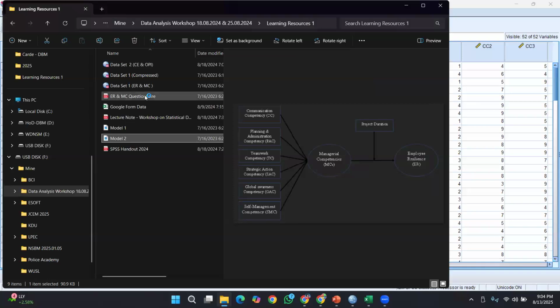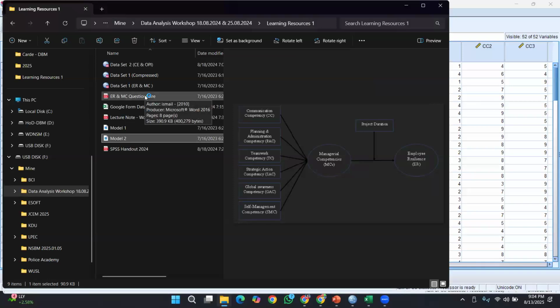Now I'm going to prepare the data set in order to perform these analyses. Alternatively, we can develop another model out of this one, where you don't have these manager competencies as a construct in this variable.